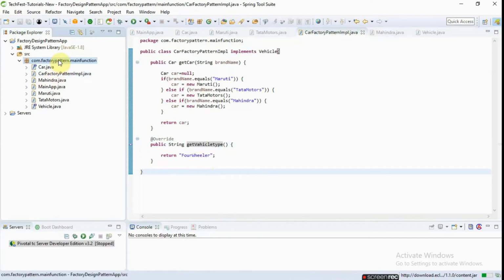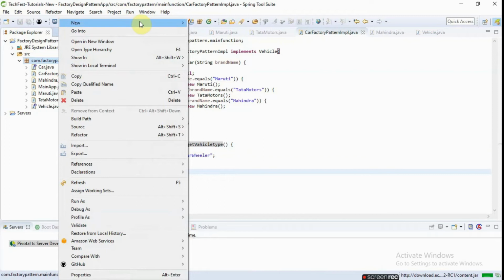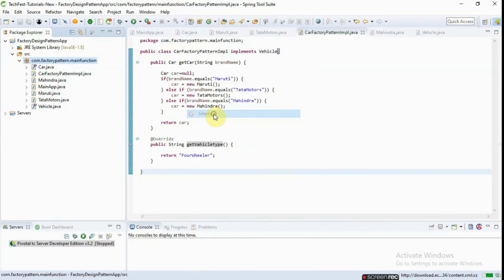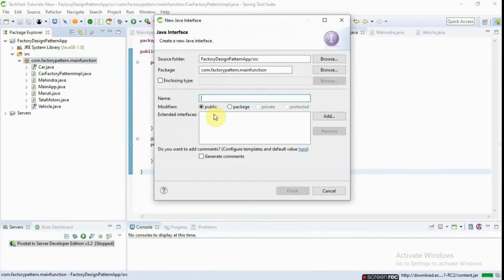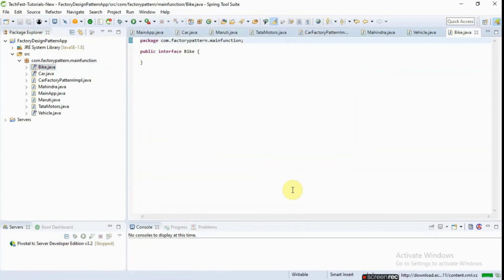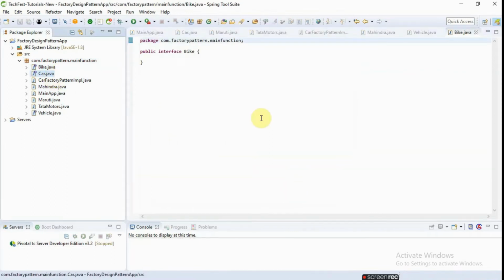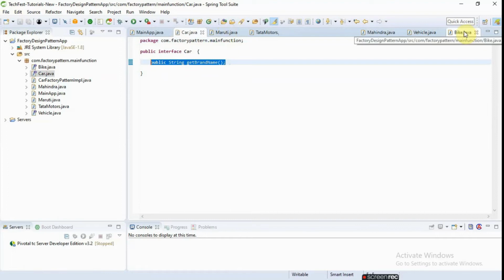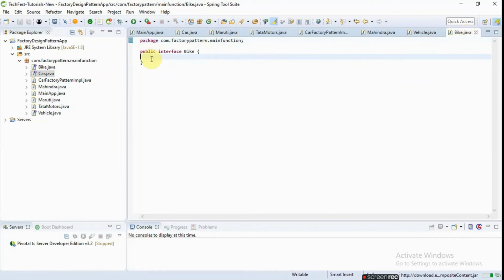Similarly, we are creating one more interface, called bike. Just like there is a brand in a car, we will create one more method in the bike interface that also returns a brand.